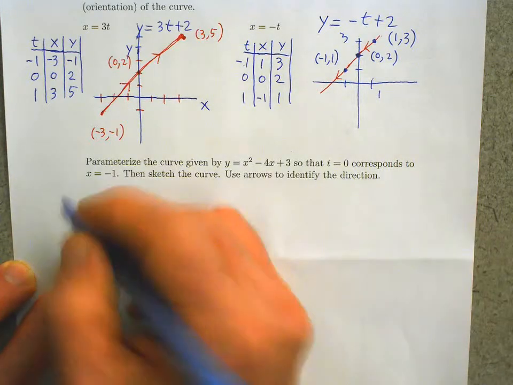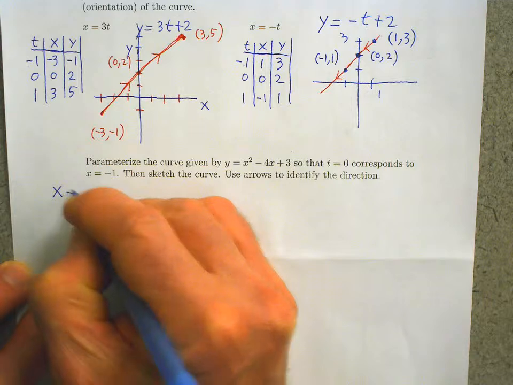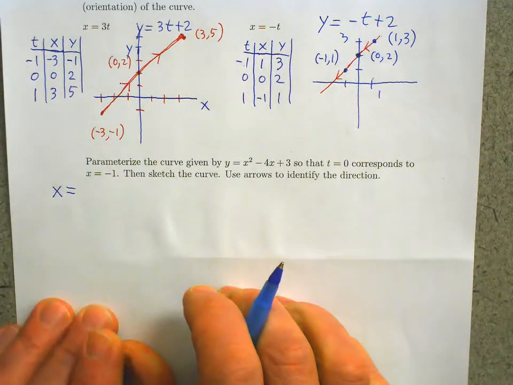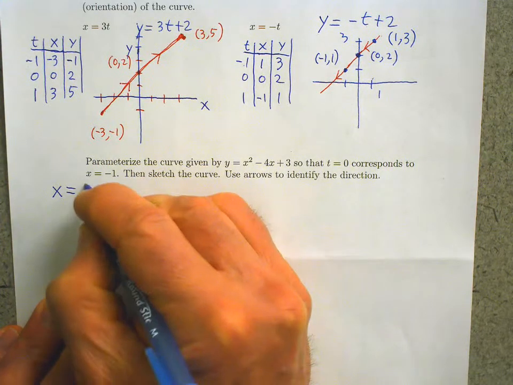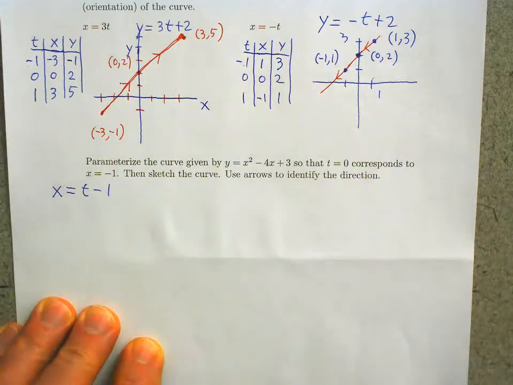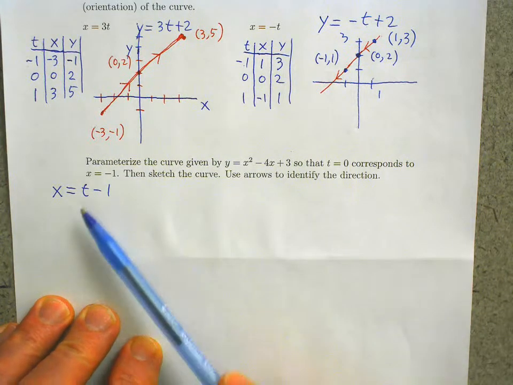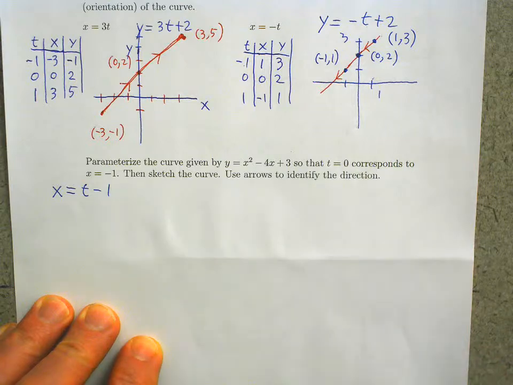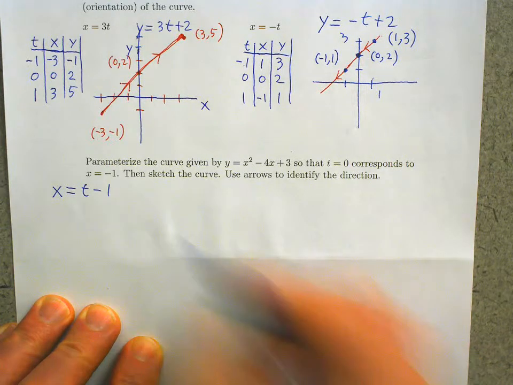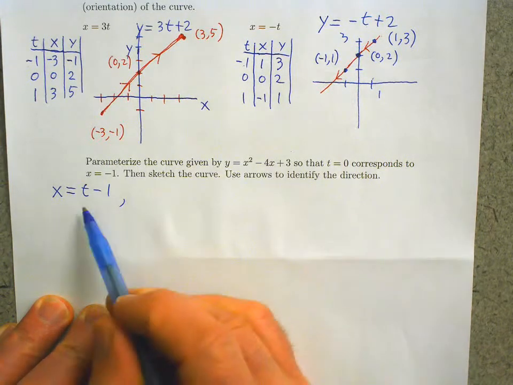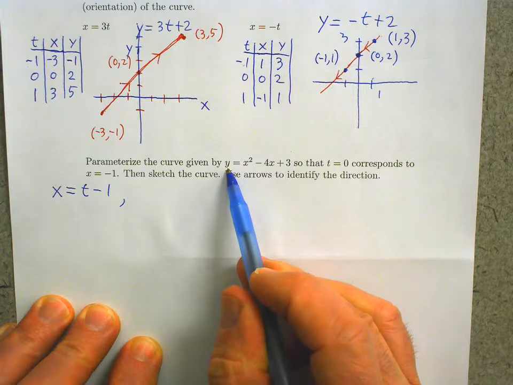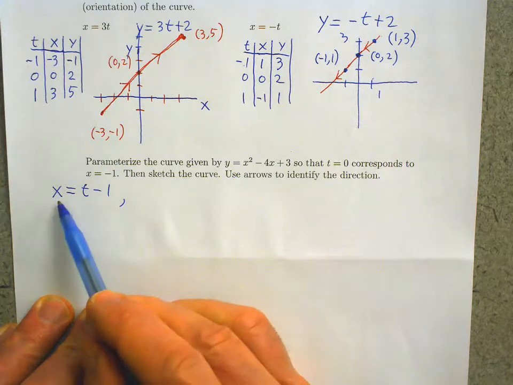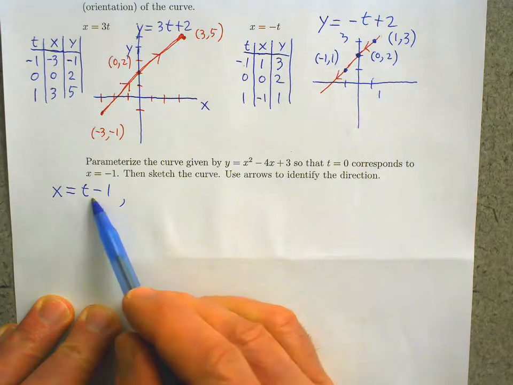So one way to do it, I'll just pick the simplest one of all. We'll pick x to be t minus 1. And then you can verify that when t equals 0, x is -1. That's what we want. Okay, but we want y to be defined in terms of t also. But since x is equal to t minus 1,